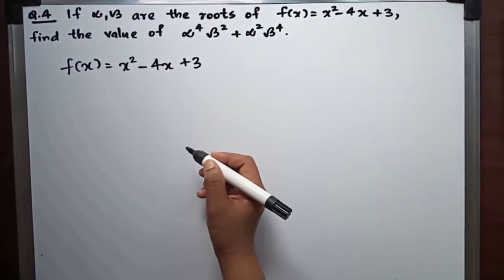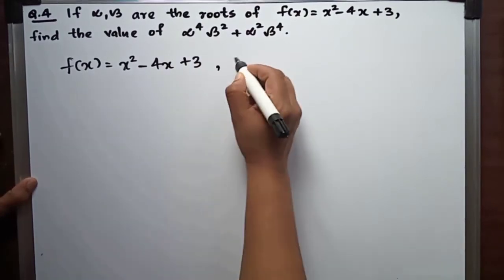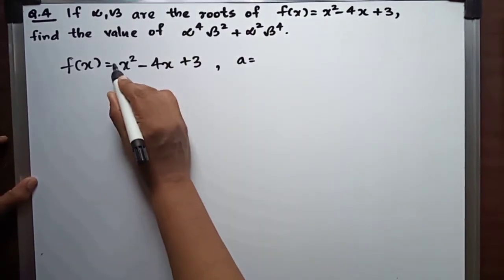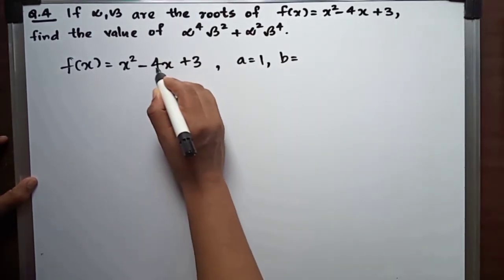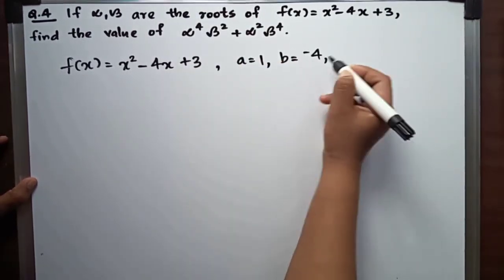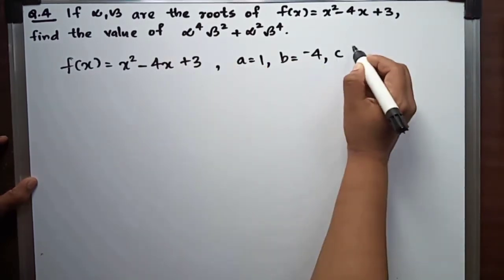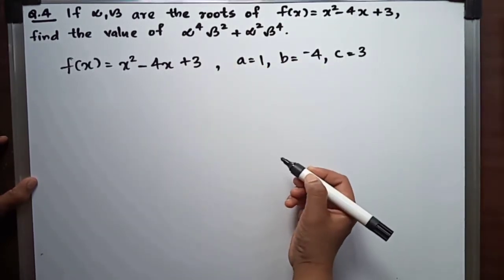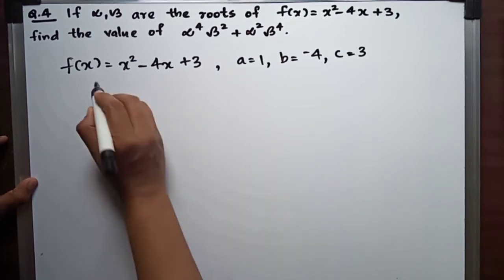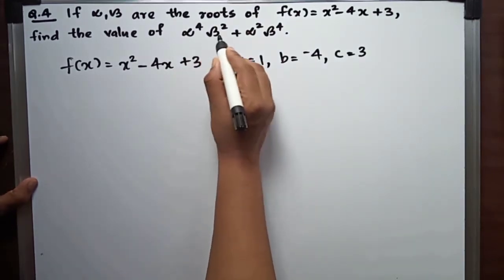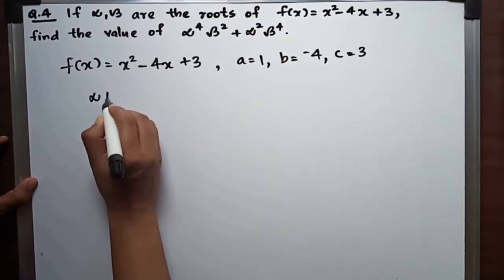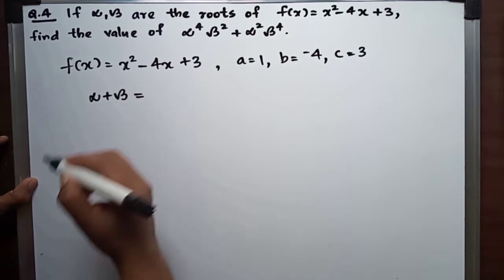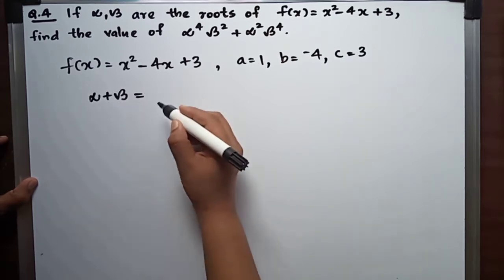Here, what comes in place of a? a is the coefficient of x², that is 1, and b is the coefficient of x, that is −4, and c is the constant term, that is 3. Now we know that alpha, beta are the roots. Roots means zeros of the polynomial. And we know alpha plus beta, the sum of zeros of the polynomial or sum of roots,